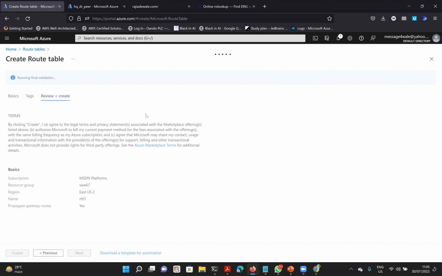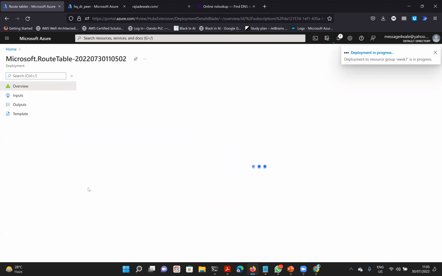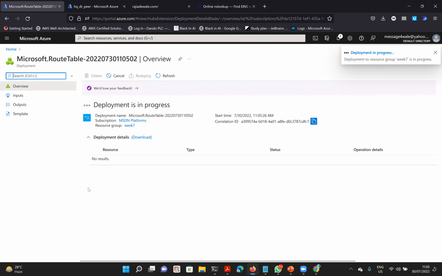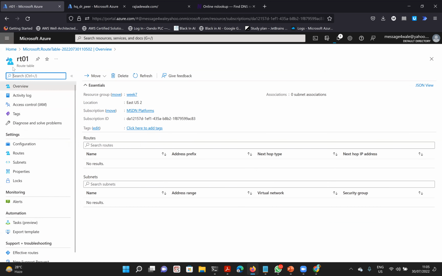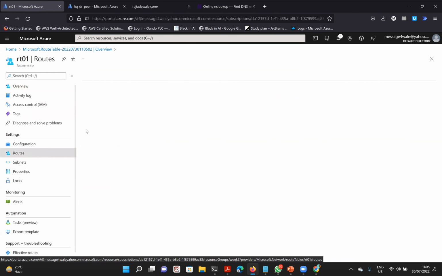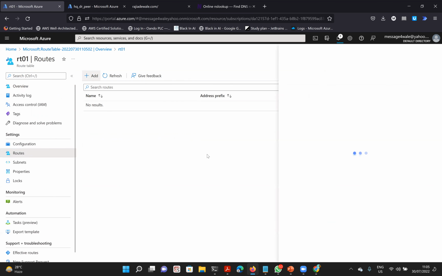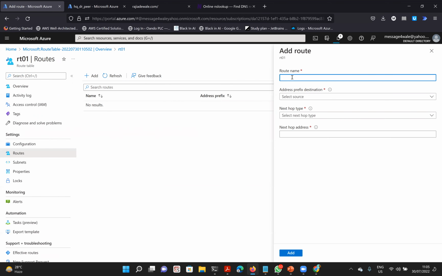And mind you, for some of us that are familiar with networking and routing, each of these dynamic routing protocols that I have on a router also make use of a route table. And what's a route table? The route table is just a list of source, destination, and address. Say if you are going here, follow here. If you are going here, follow here. That is what the route table is. So this has been created, and once I have the route table, what I need to do is to create a route. So if I come here to say add route,